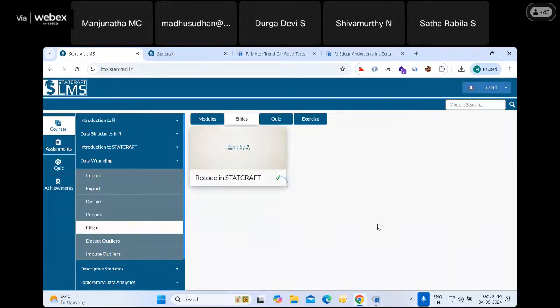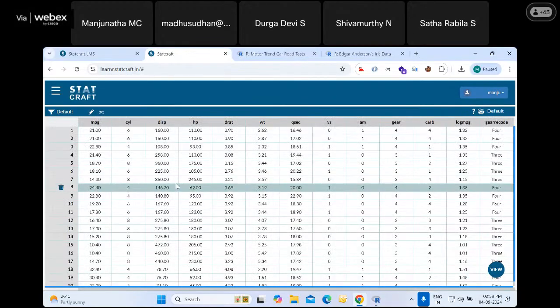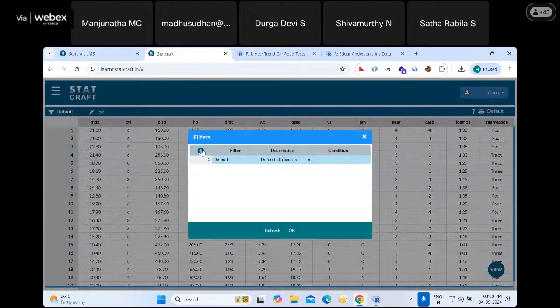Now coming to the filter. What is this filter? Basically, now this is the entire data set. I want to create a filter where miles per gallon is greater than 15. A very simple thing. I can have the option over here, data filter. I am subsetting the data. By default it's all. I'll make it mpg filter. I'll give the description as mpg filter,